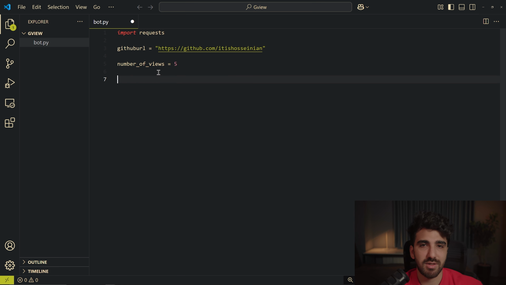Because it's not a server. Okay, I cannot generate many fake views because I need my system. Although it goes to background, but anyway, number of views 5. And what we just need to do is for i in range number of views,